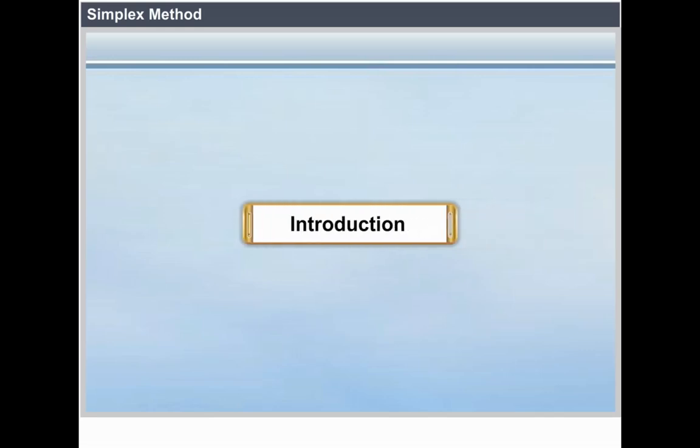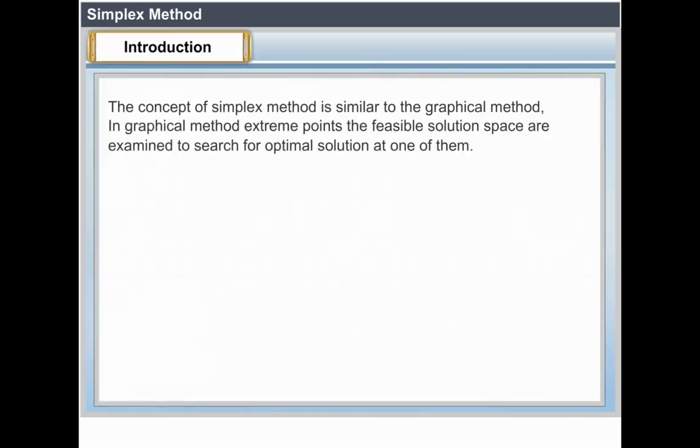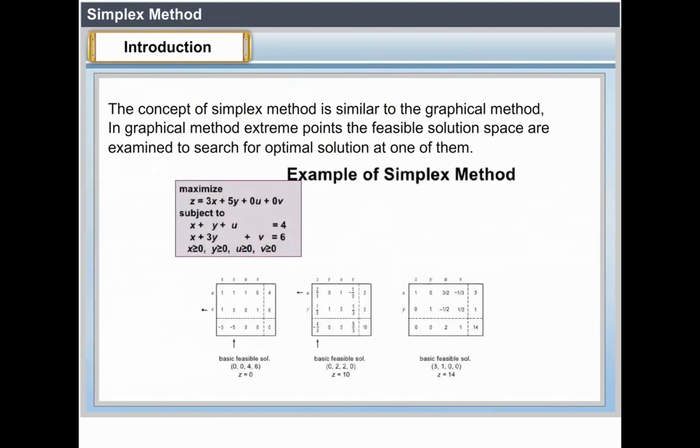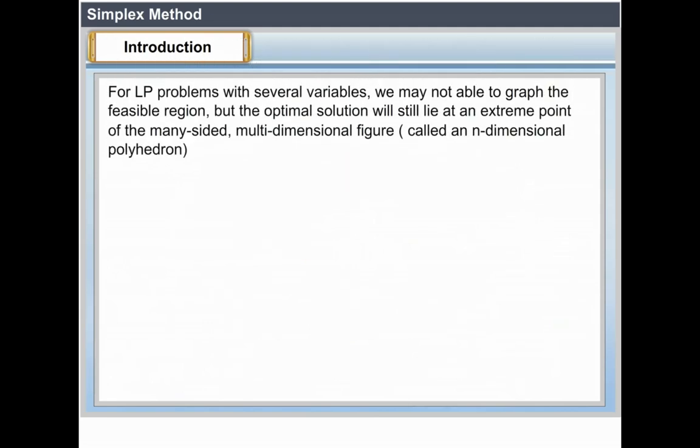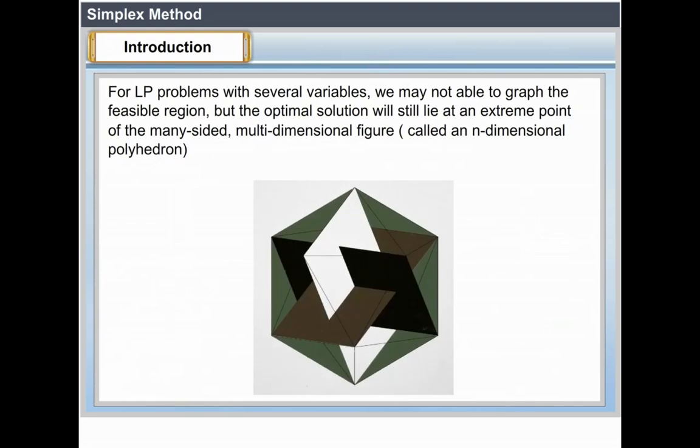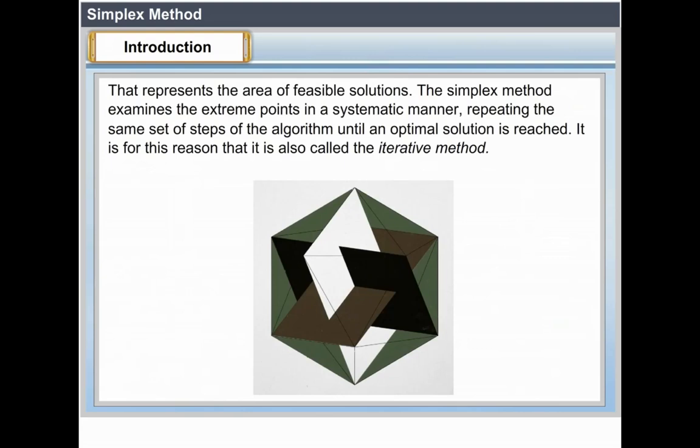Simplex method. Introduction. The concept of simplex method is similar to the graphical method. In graphical method, extreme points of the feasible solution space are examined to search for the optimal solution at one of them. For linear programming problems with several variables, we may not be able to graph the feasible region, but the optimal solution will still lie at an extreme point of the many-sided, multi-dimensional figure called an n-dimensional polyhedron that represents the area